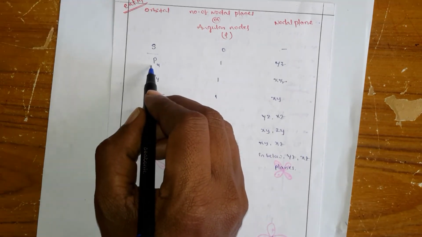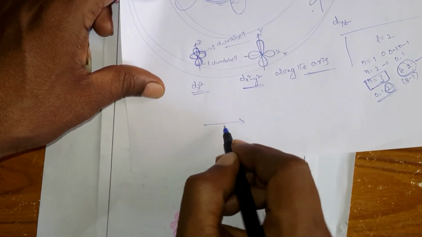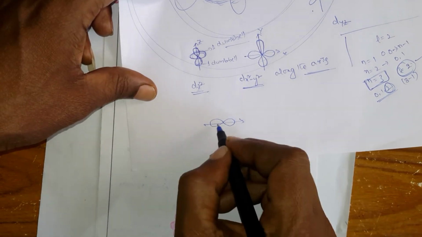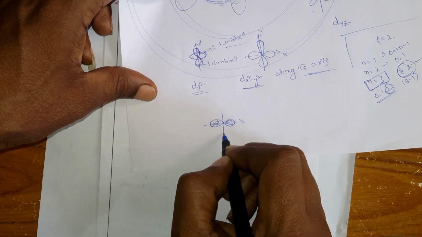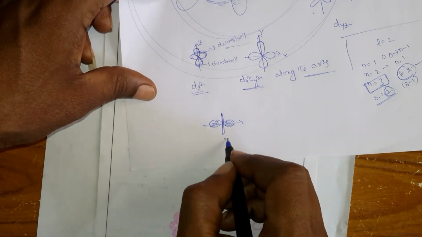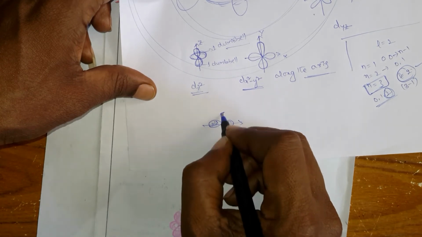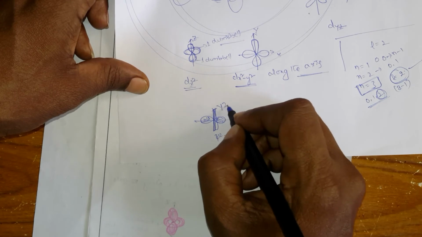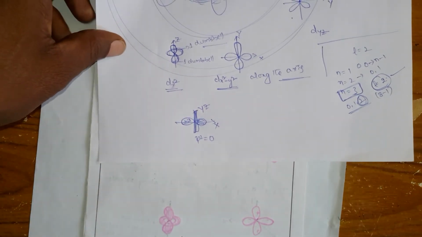But come to the px, so there is a chance, right? If this is the x-axis, and here is a lobe, and here is a lobe, you can find the electron here and here, but here at the center it is 0. The psi square here is called 0. So that means here there is a plane. What is the plane? Here it is the x-axis. So what is this plane? This plane is the yz plane. The plane is yz plane. Okay.